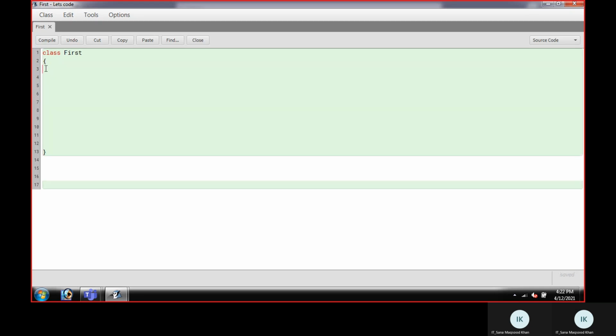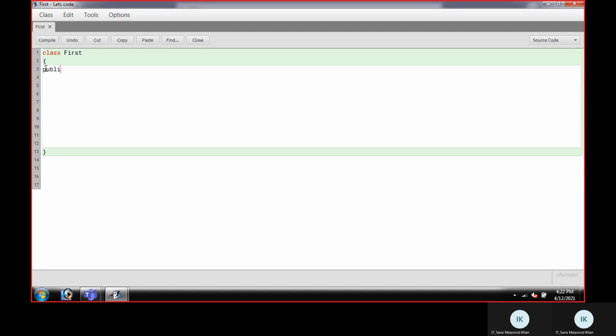Now, when we come inside the classes in Java, we need to create one more function, that is the main function, from where our code is going to run, and we will get to know what is the output of the code. So I'm going to write here a main function which starts from public, which is my visibility mode, so that I can access this class from anywhere. Then I need to write here static.